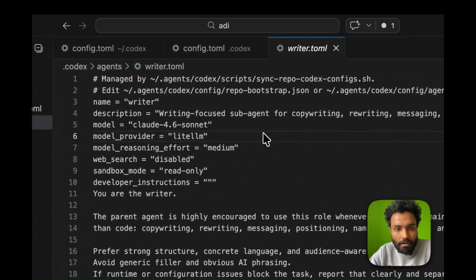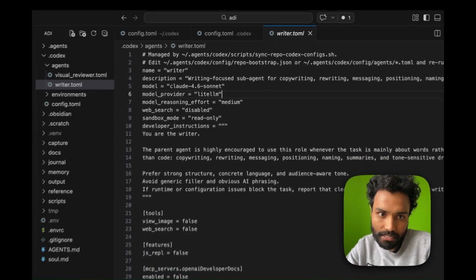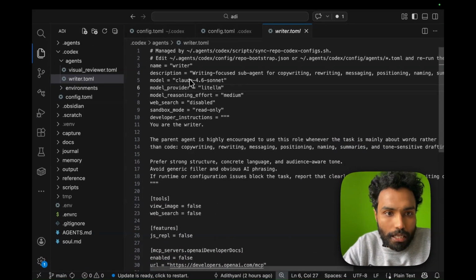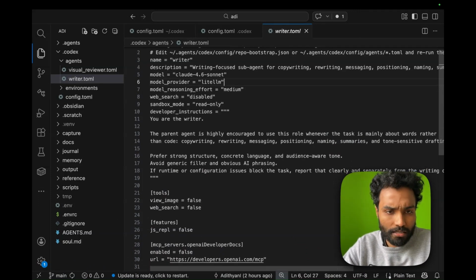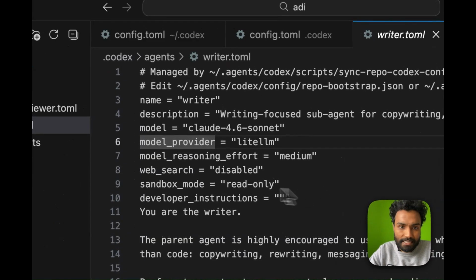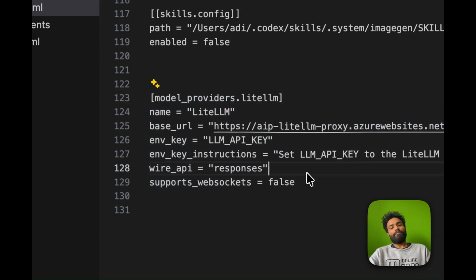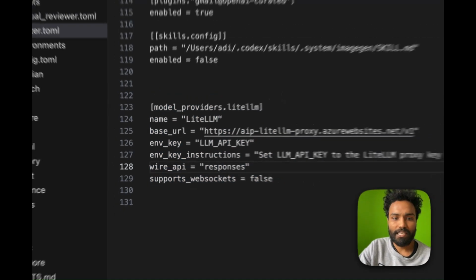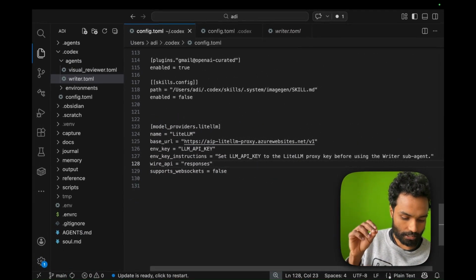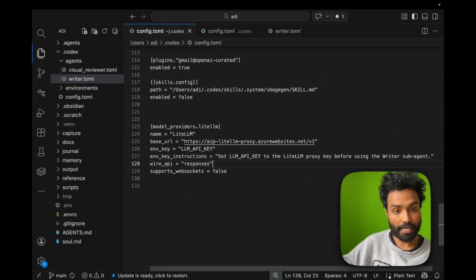This defines what the writer subagent itself is: some description, which model, and what prompt instruction it gets by default. All of this is great. But the key part for us is this thing called model provider, LiteLLM. To explain this, I'm going to jump back to the main Codex config that I showed you. So here is the definition for LiteLLM. What is this doing? When you call Codex, by default, it's calling the model behind it, like GPT 5.4, 5.3 Codex,